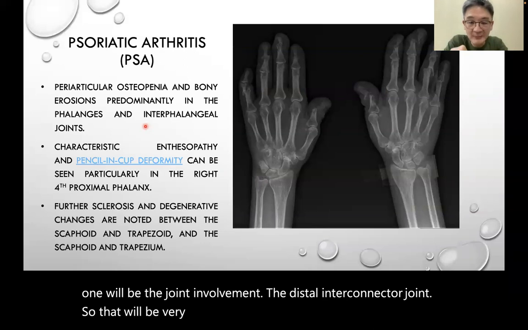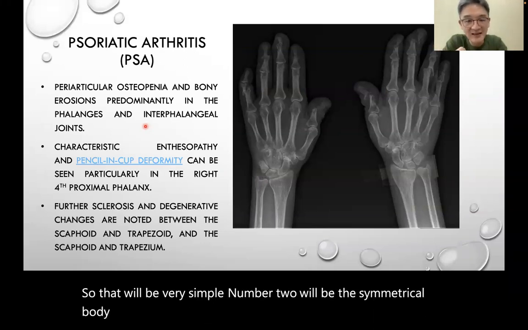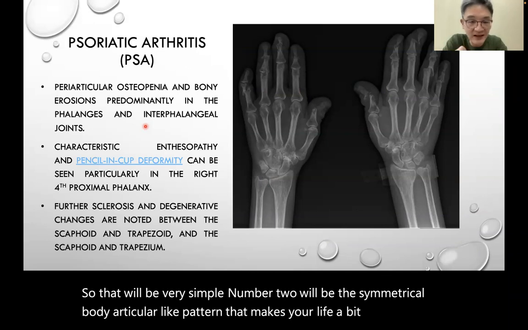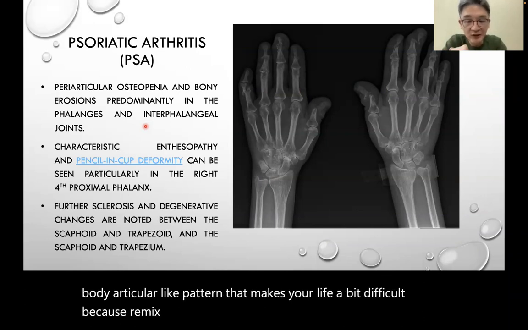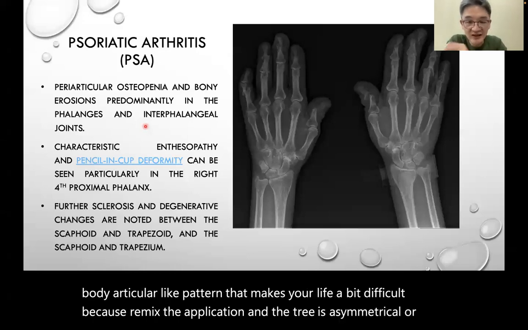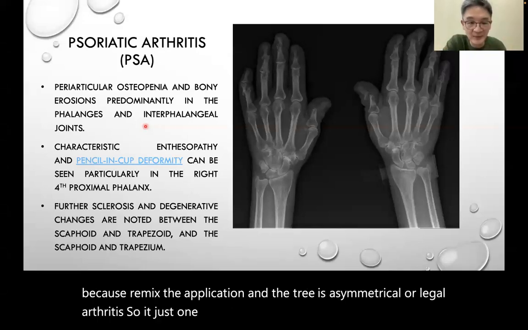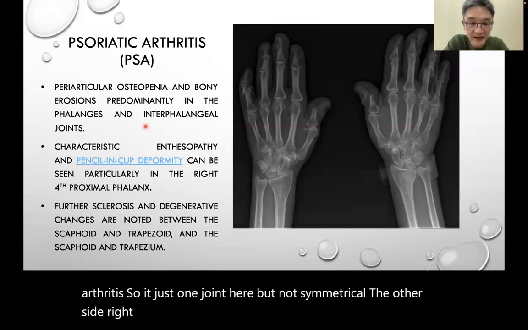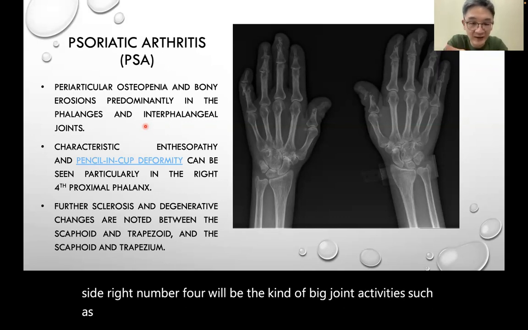Number two will be the symmetrical polyarticular RA-like pattern. That makes your life a bit difficult because it mimics the RA distribution. Number three is asymmetrical oligoarthritis. So it's just one joint here, but not symmetrical on the other side, right? Number four will be big joint arthritis, such as involvement of the knee or ankle. And then the last one is actually